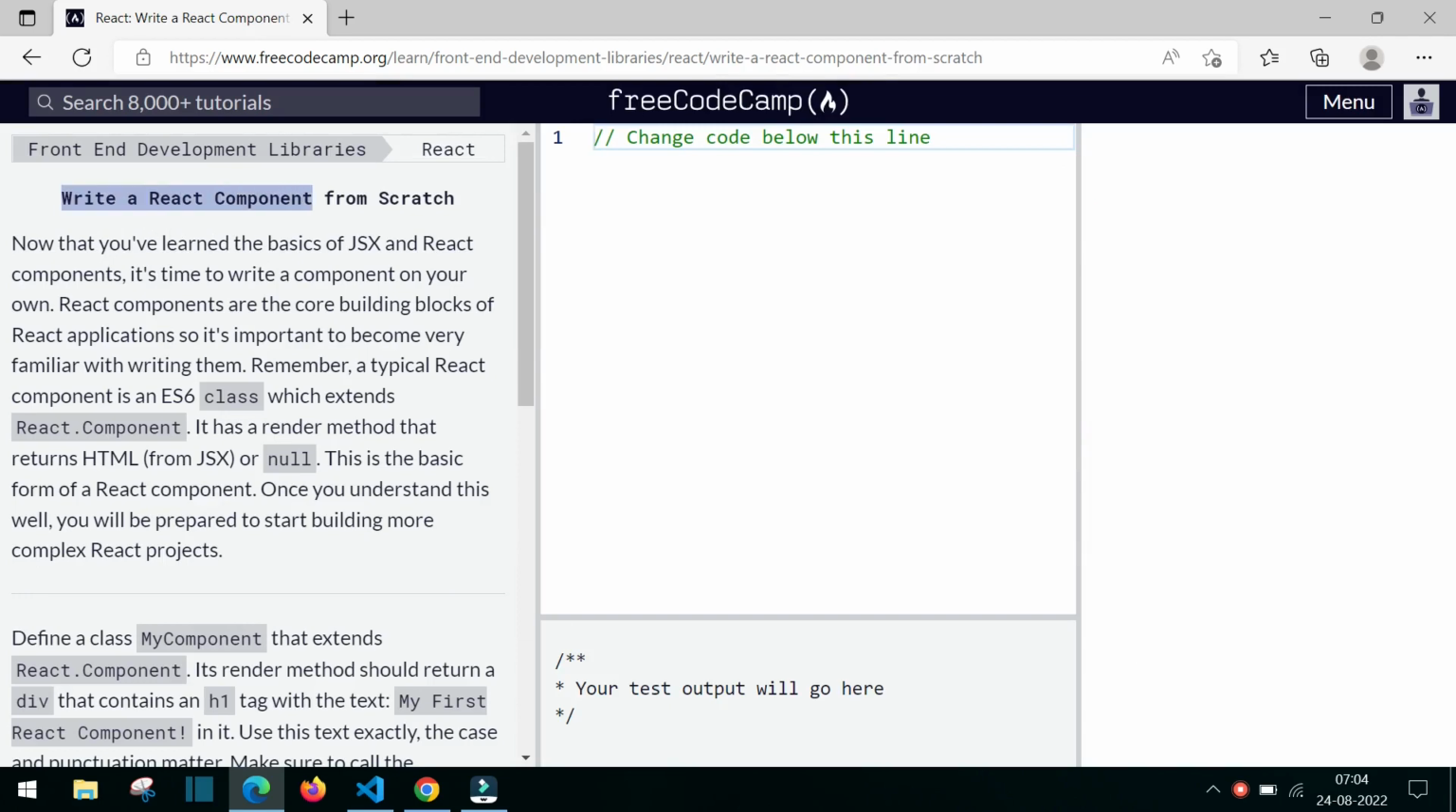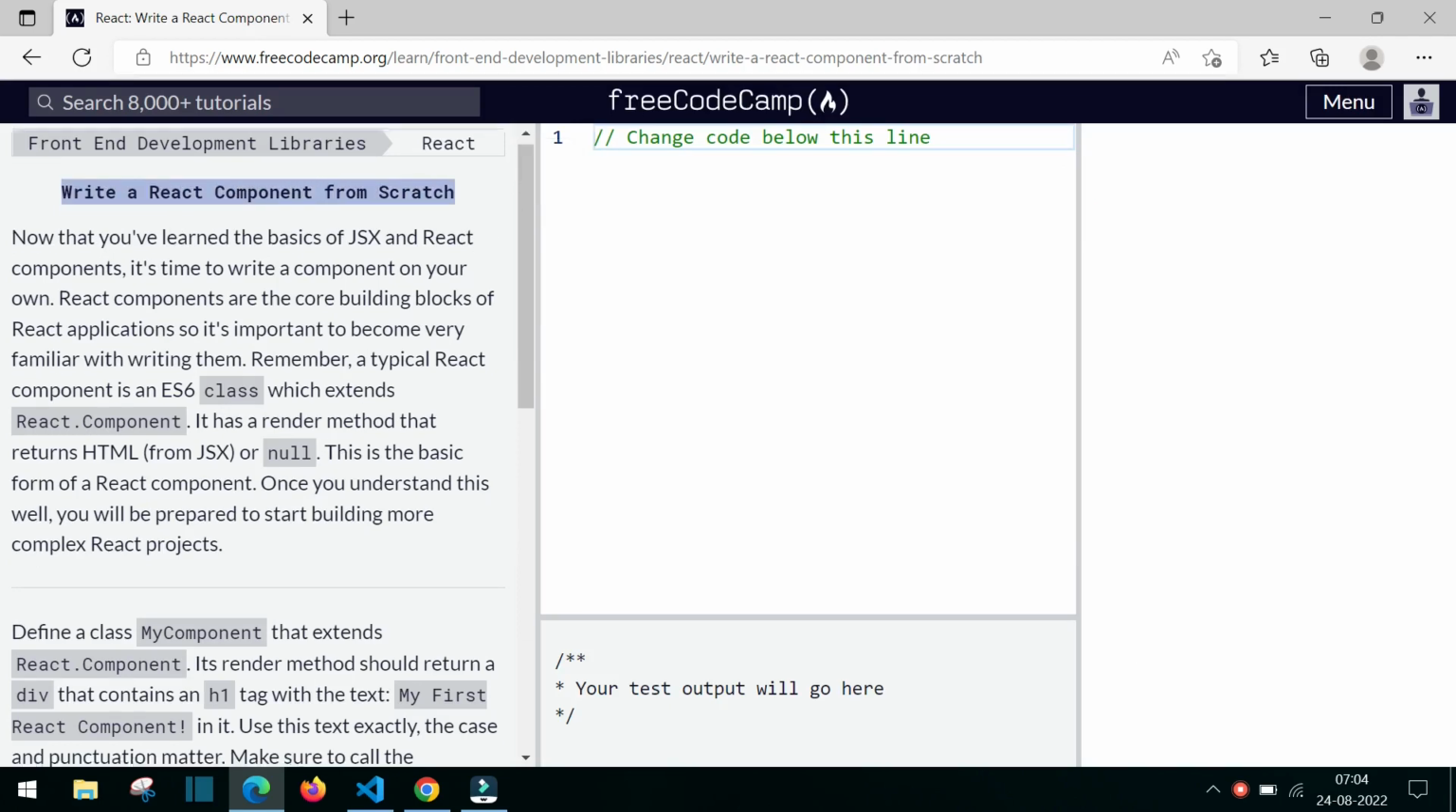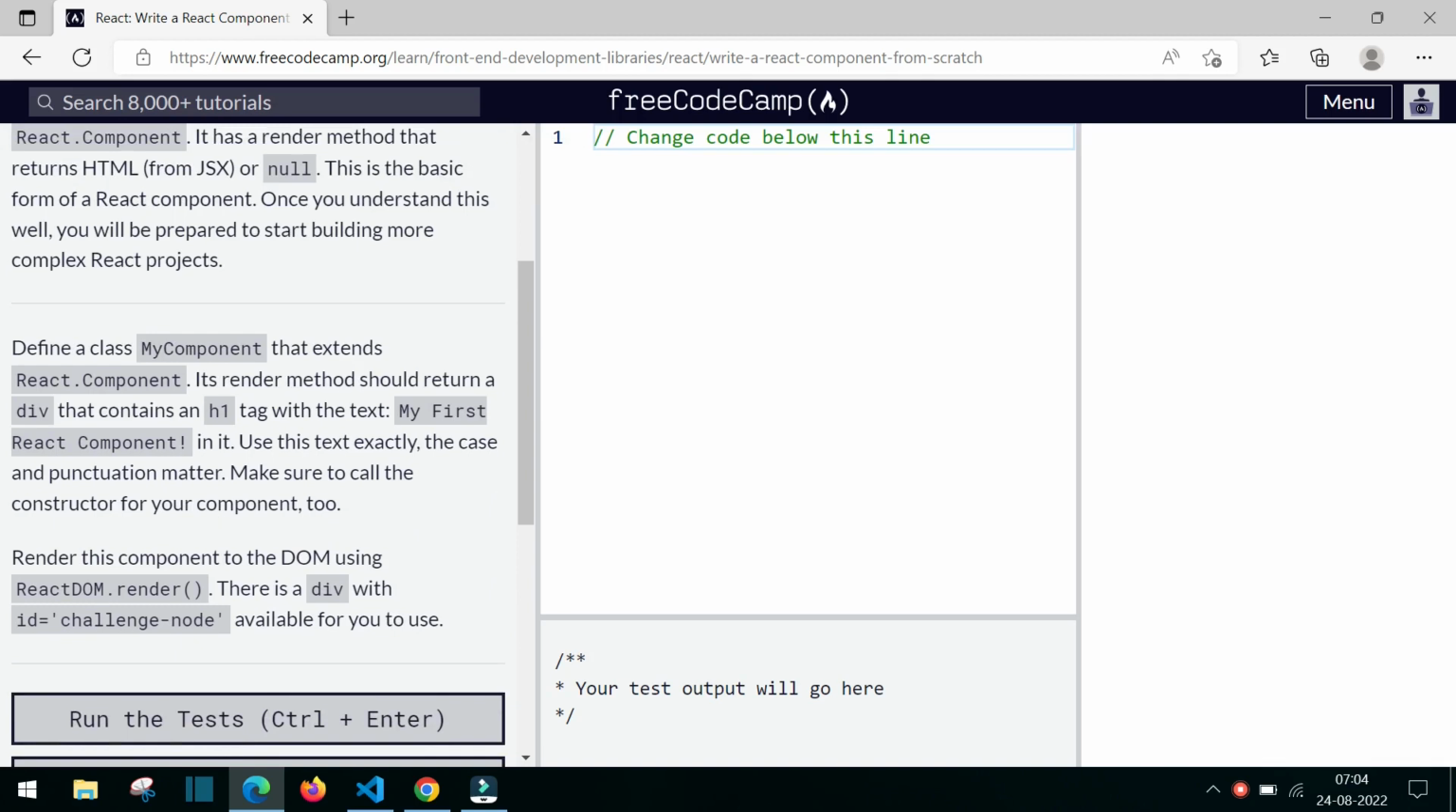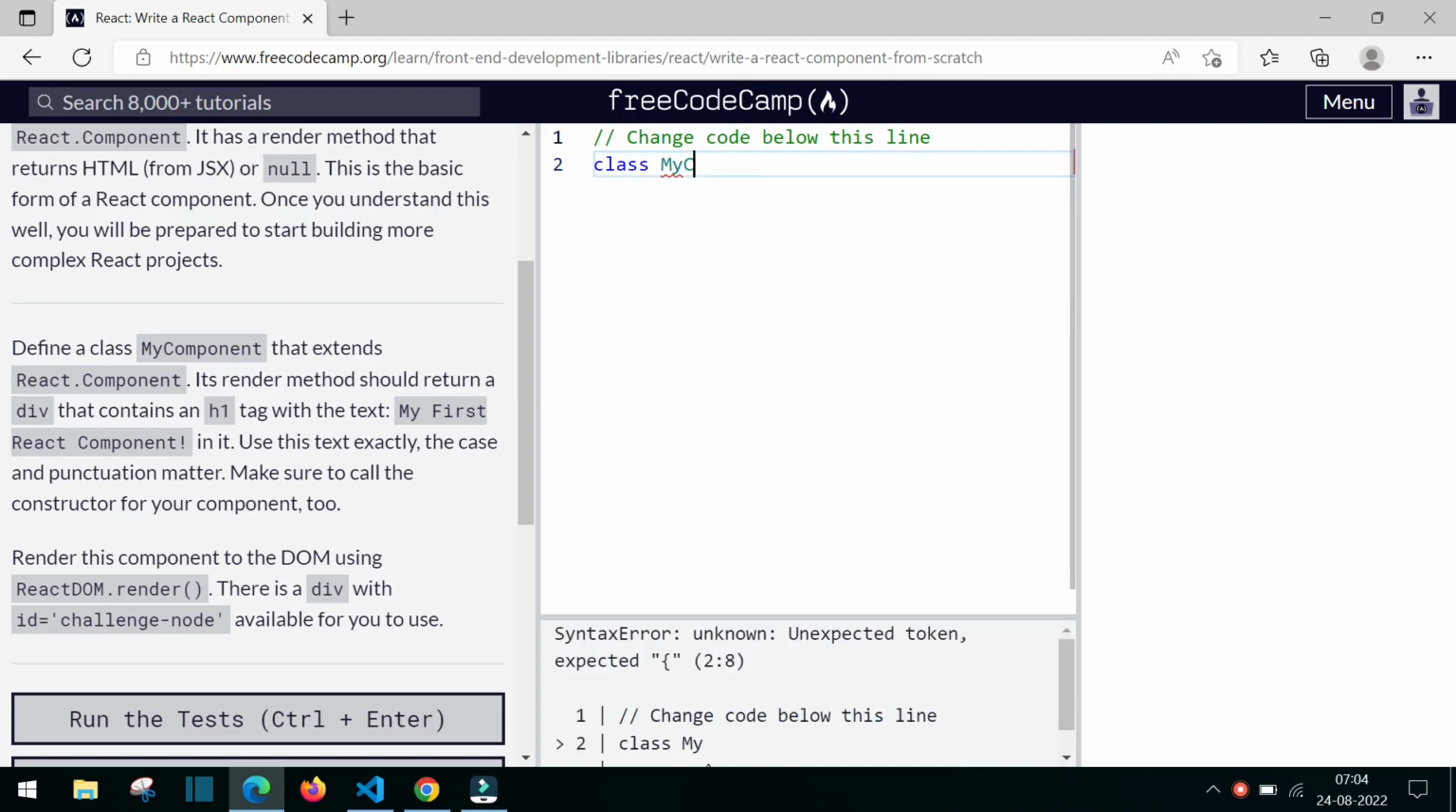Now write a React component from scratch. Now we are going to write a React component from scratch. So all these things we will be writing by ourselves. So now define a class called myComponent. So give class myComponent, and that extends React.Component. So give React.Component and open this with the curly braces,